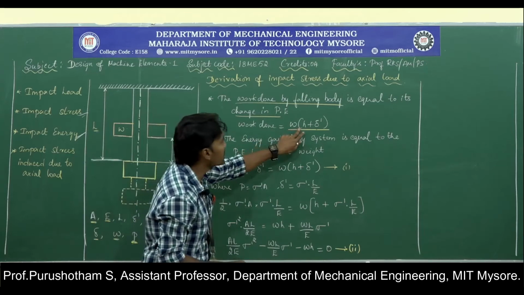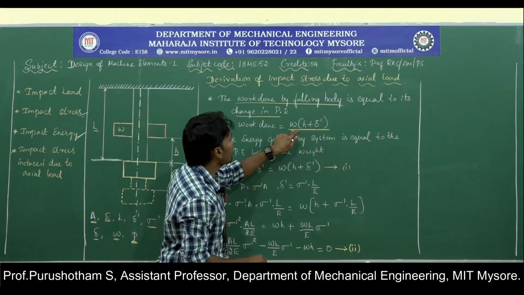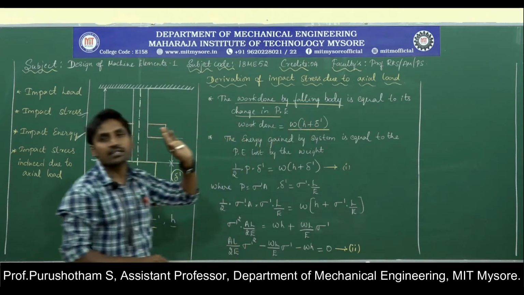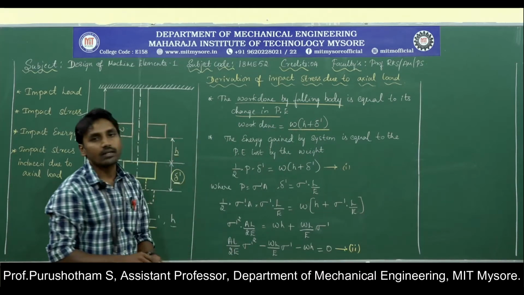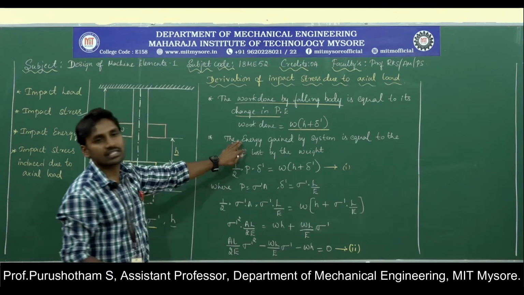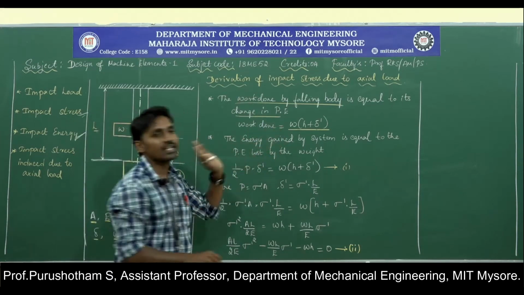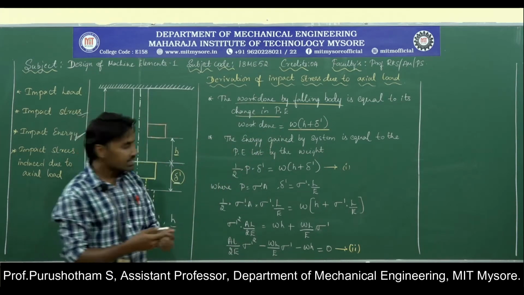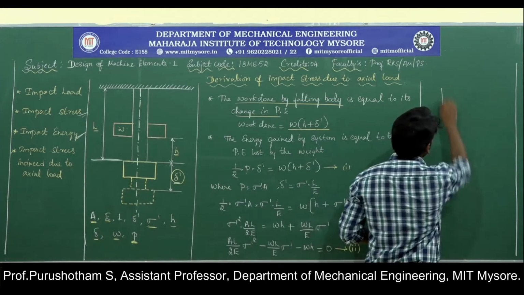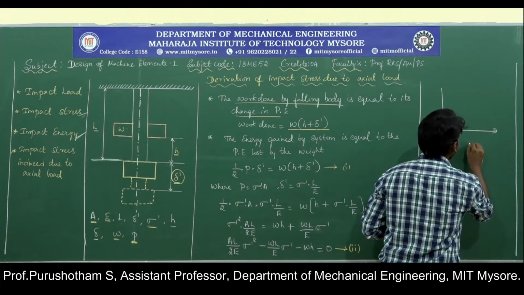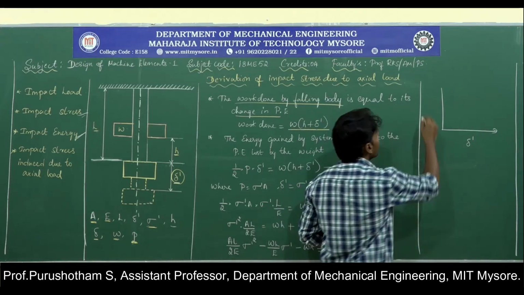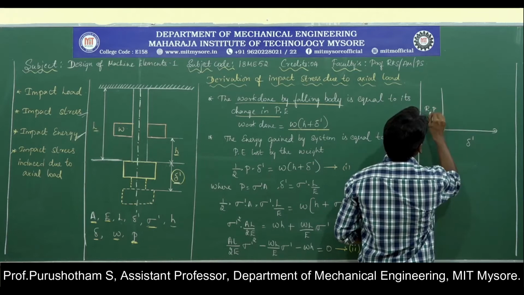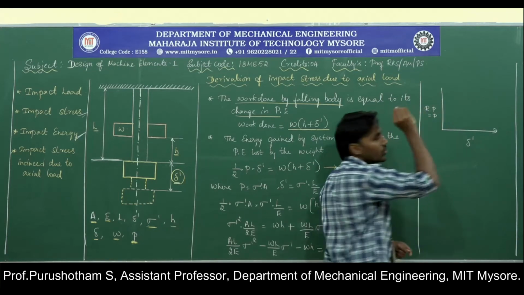Initially the load is WH; after impact, which resembles W delta dash, that is the instantaneous deformation which occurs. Then the energy gained by the system is equal to the potential energy lost by the weight. For example, if you consider this to be the deformation due to impact load, this will be the resisting force